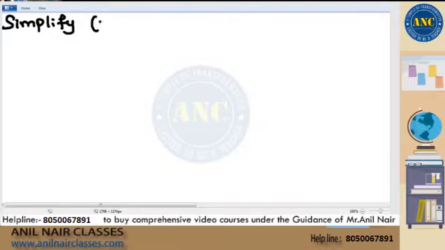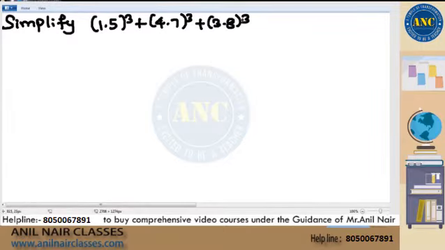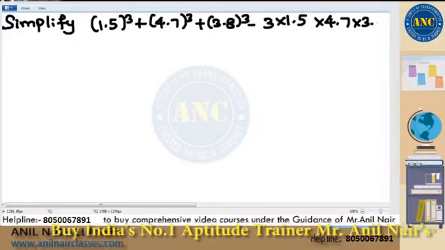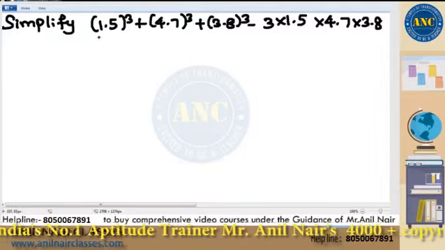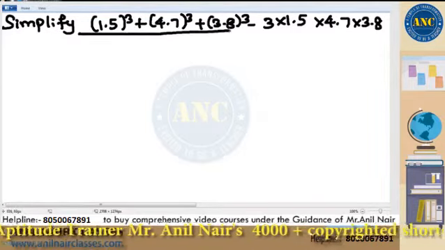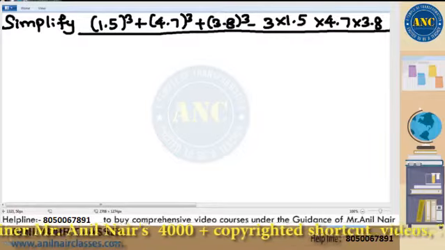Simplify 1.5 cube plus 4.7 cube plus 3.8 cube, minus 3 into 1.5 into 4.7 into 3.8, whole thing divided by